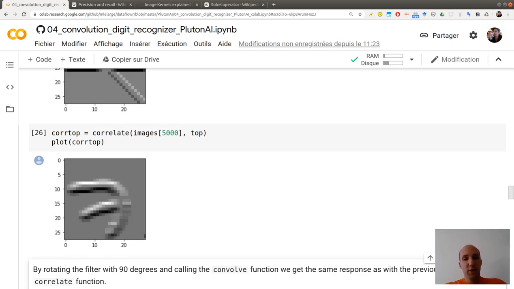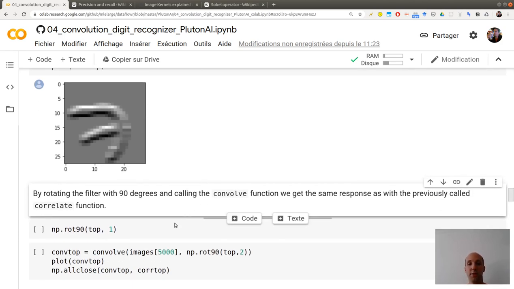So here is what I'm obtaining when I'm applying my filter called top on my original 7 in MNIST. And you see that top is doing a pretty good job at highlighting the horizontal features in my 7. So over there and a little bit over there.